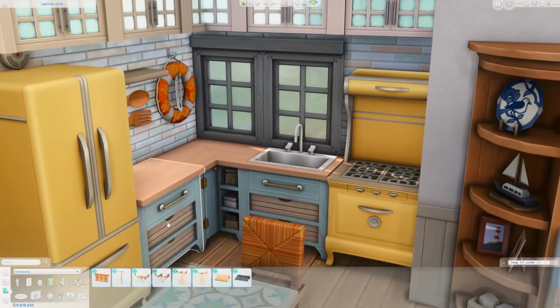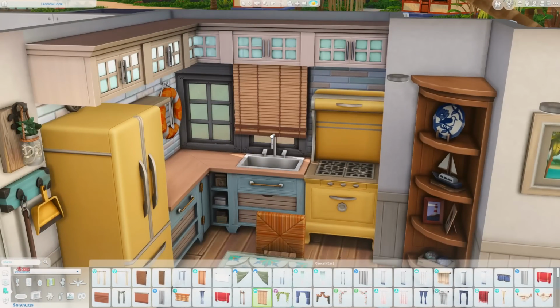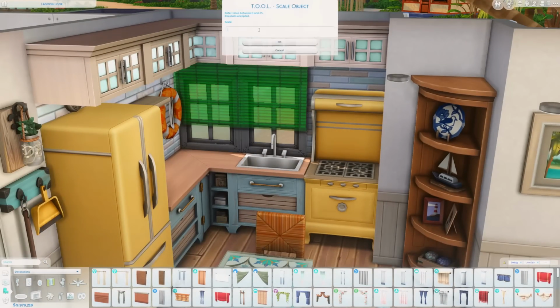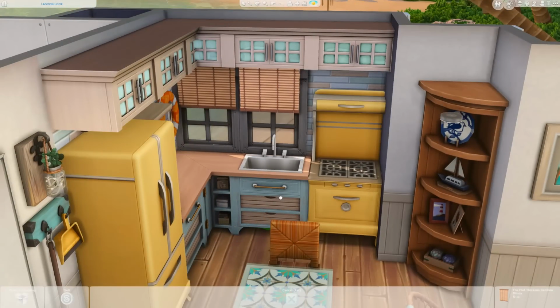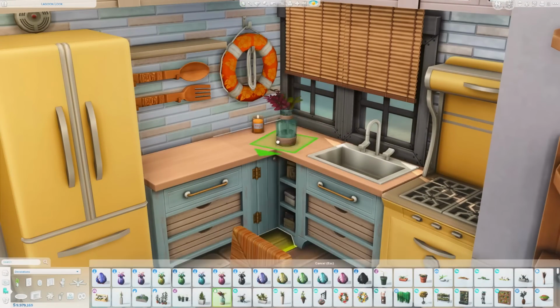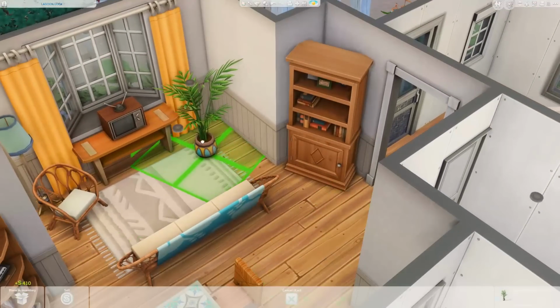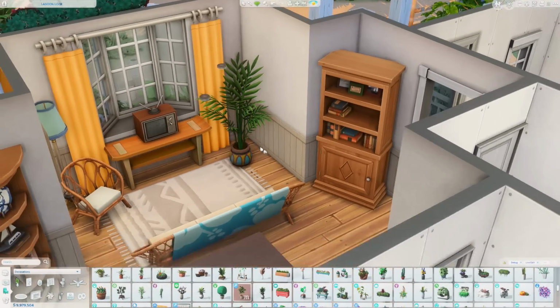Anyway, I am working on the kitchen still, trying to get some decorations. We have this little life preserver thing. Life preserver, not lifesaver. That's the candy that looks like that. Anyway, the life preserver, and I tried to add a few curtains here. These are from Snowy Escape. And then there is only one countertop to cook on and prepare food, which is completely fine. Just means you can't do the cook together